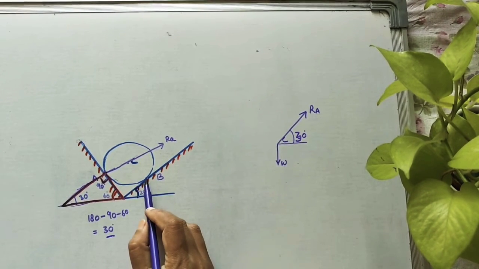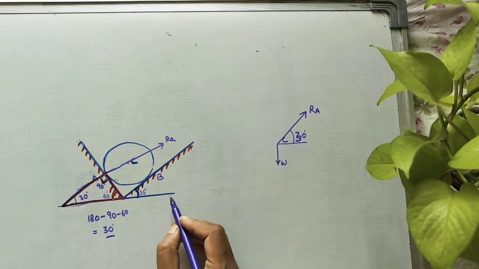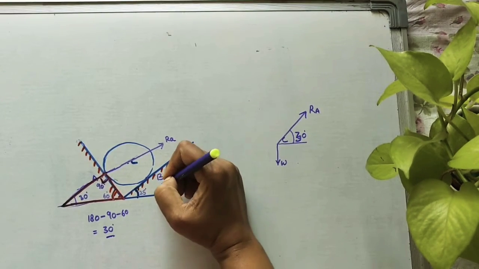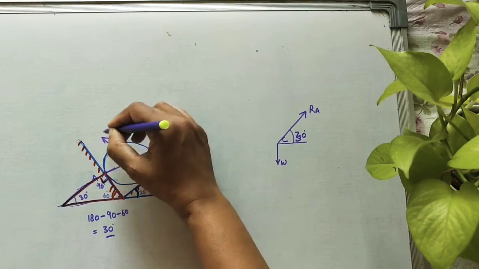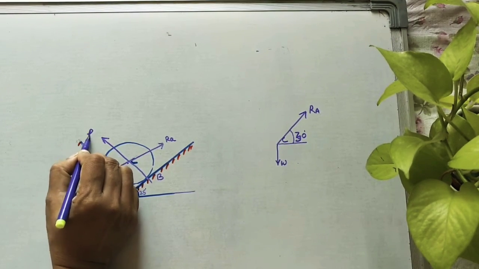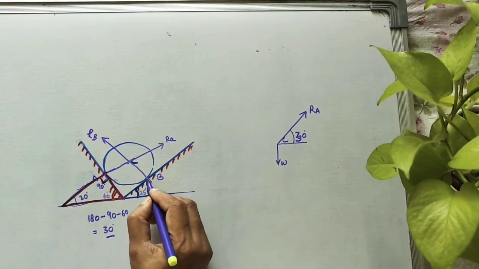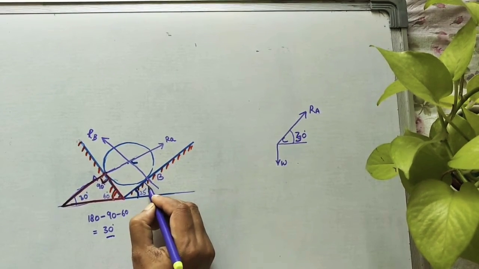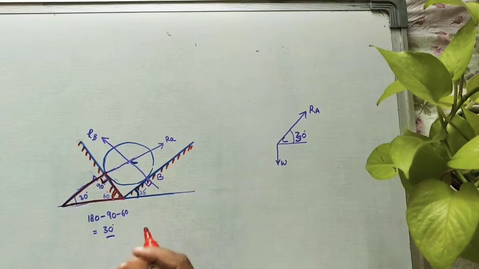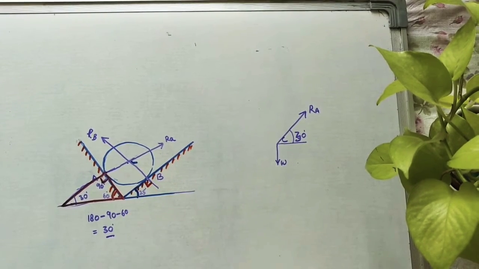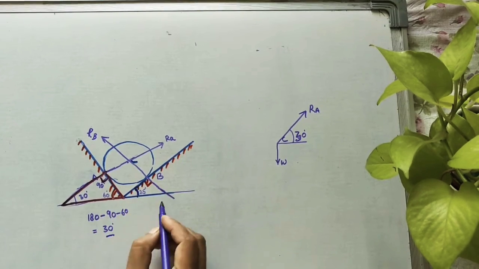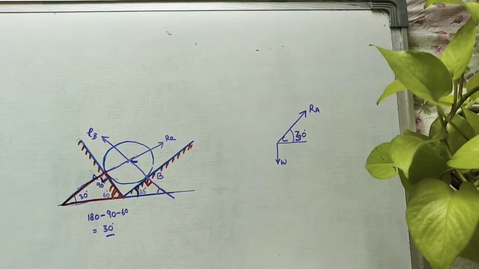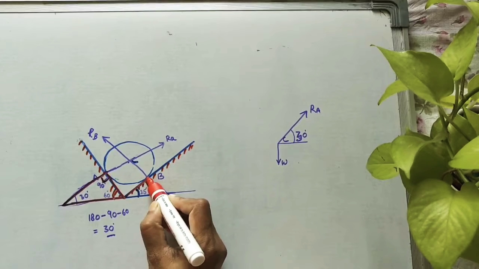And then at B point, we are marking the reaction at B point. So here I am taking the reaction, it is passing through C like this in this direction, RB. Now this reaction is perpendicular to the surface. This is 90 degrees. Okay. Now extend this line for finding the horizontal angle. How much is this angle? In this triangle.